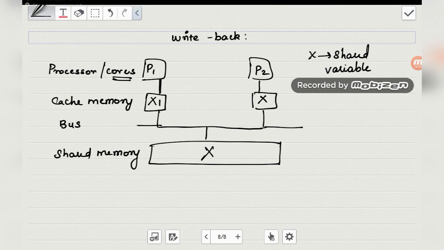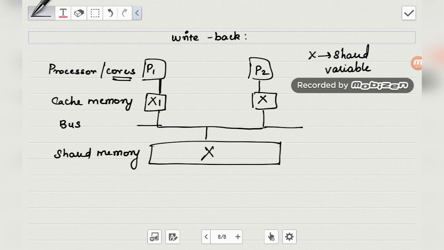So what will happen here? According to the definition of write back, the changes that are made in the cache memory are not immediately reflected in the main memory. It is done only when the cache memory is full. We've already seen it in the previous slides.